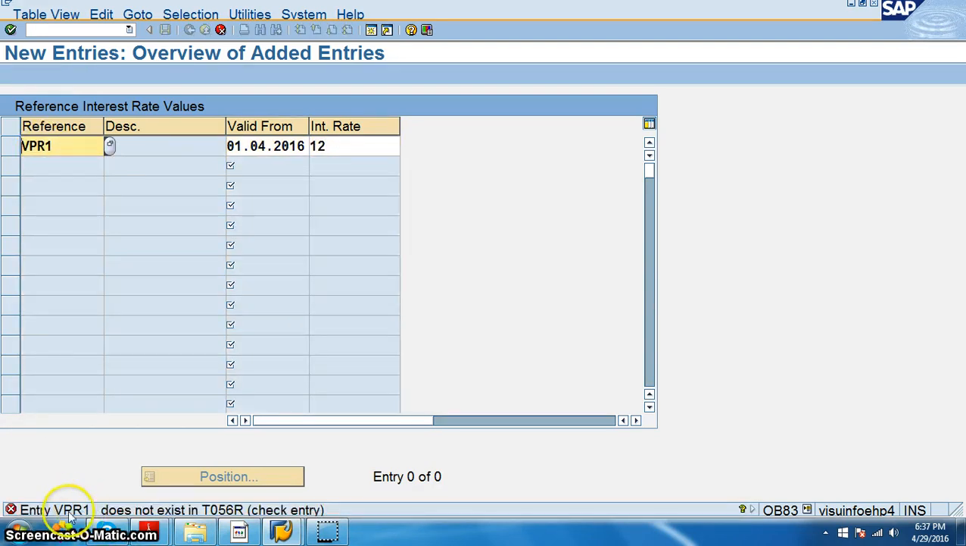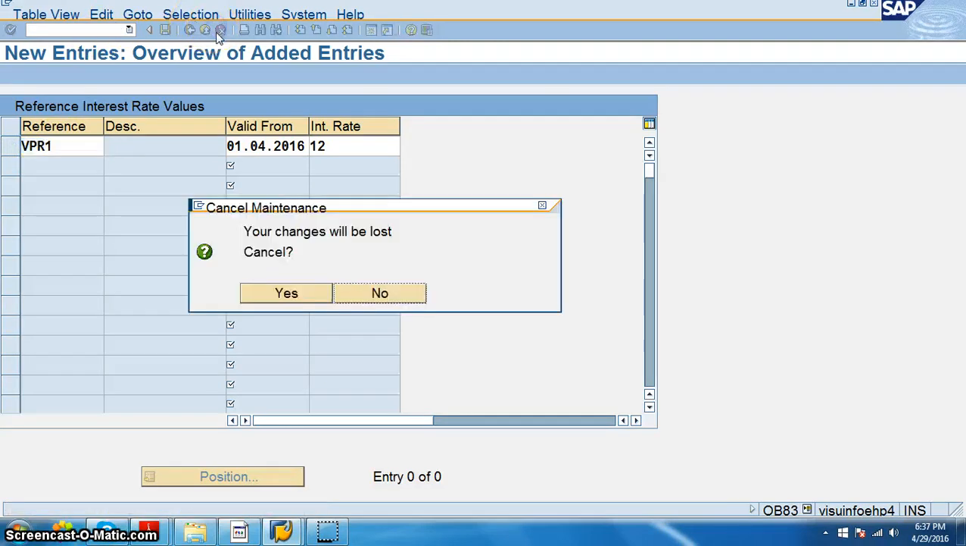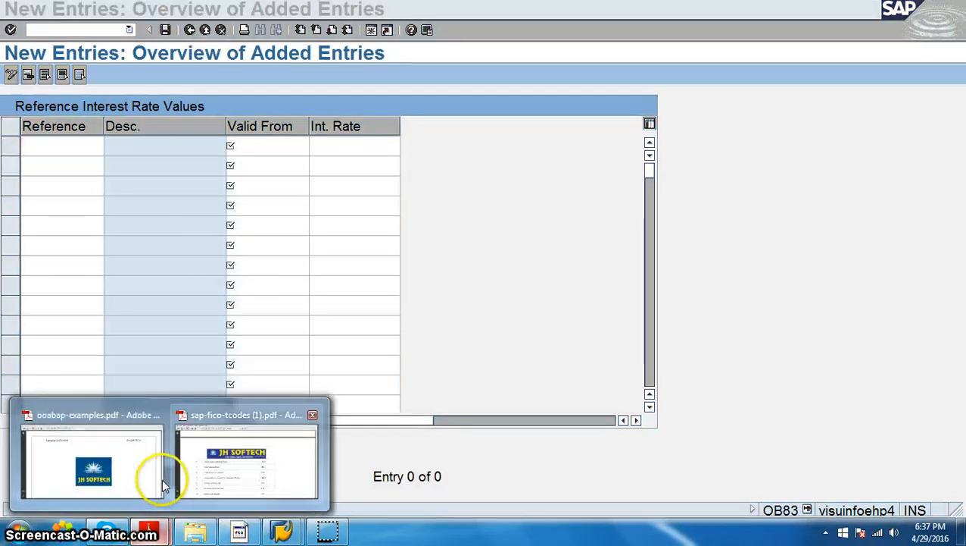So now here VPR1, I am creating a new one. It is not accepting because that reference interest calculation type we have not defined. Since we defined VPRO, it was taking. Now it is not taking this because it was not created. Next, we'll go ahead with the